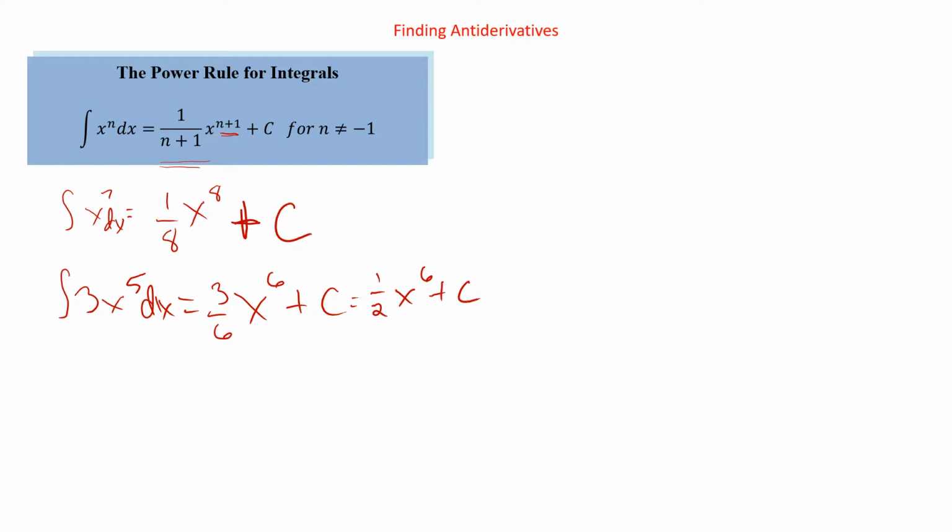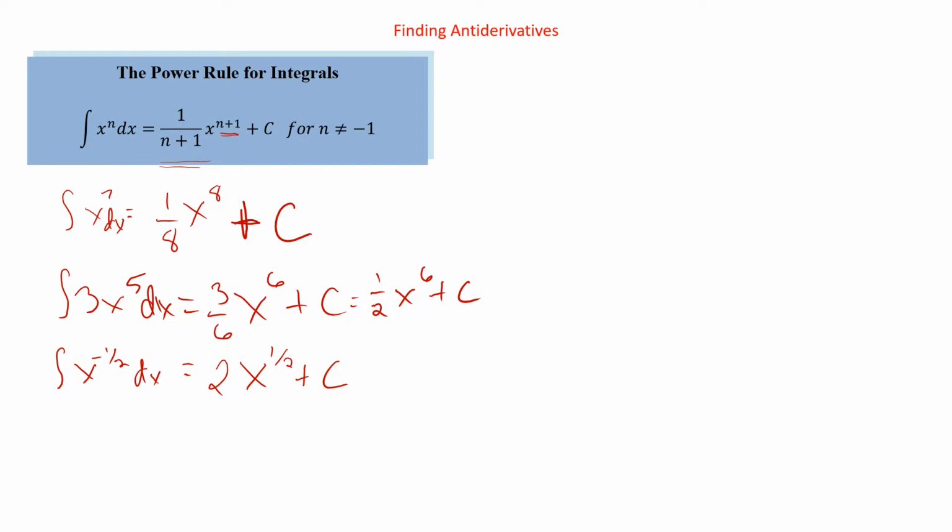It works for negative and fractional exponents as well, as long as it's not -1. So we could say, what's the antiderivative of x to the -1/2 dx? We're going to add 1 to the exponent. So -1/2 plus 1 is going to be x to the 1/2. Divide by the new exponent. When we divide by 1/2, that's the same as multiplying by 2